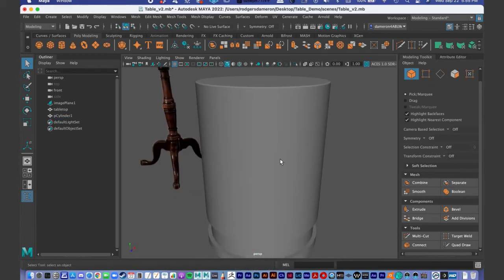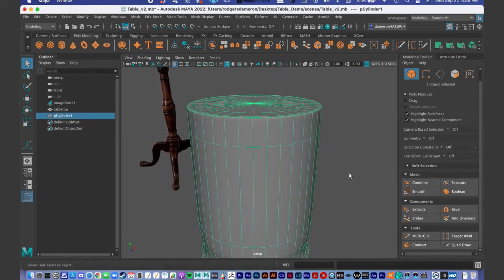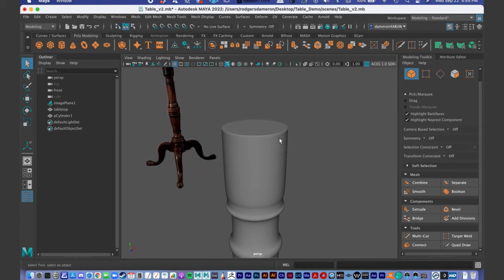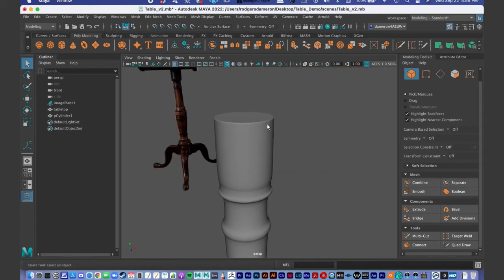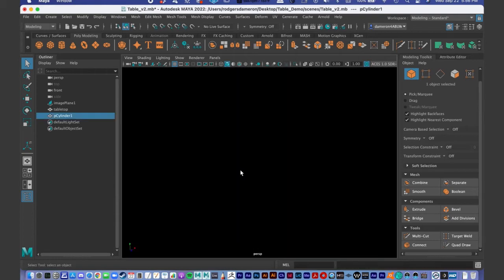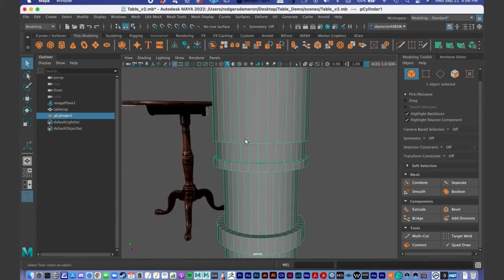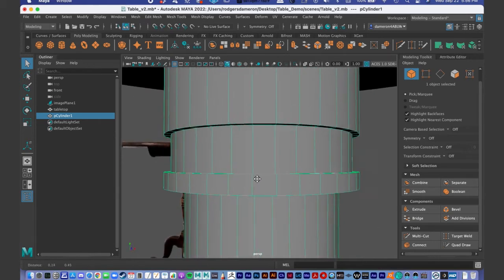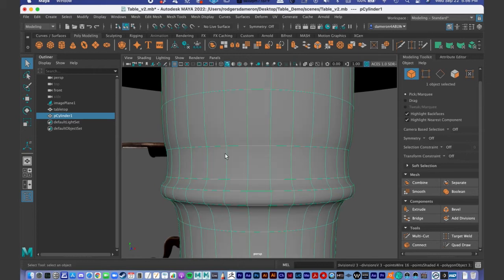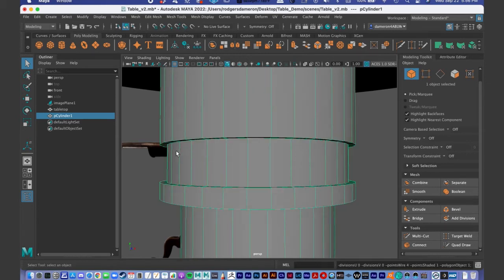And if I press 3 to smooth it, you see we have that hard edge right there. So that is one easy way to add in a hard edge where it was more rounded before. I'll press 1 to bring it back out again. And so the other way, let's look at this section down here. So press 3 again. See, it's very rounded here. And if we press 1 again,